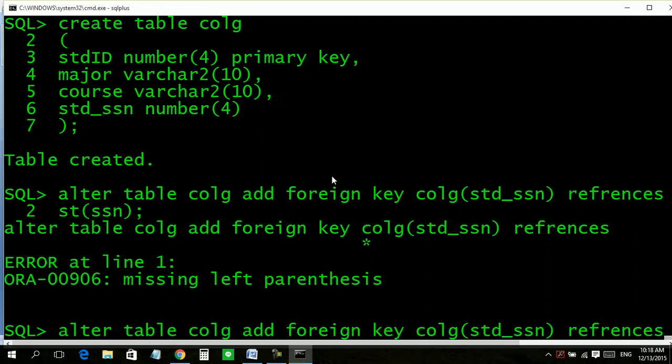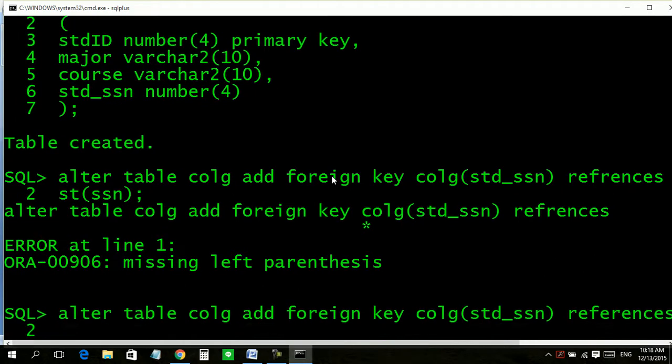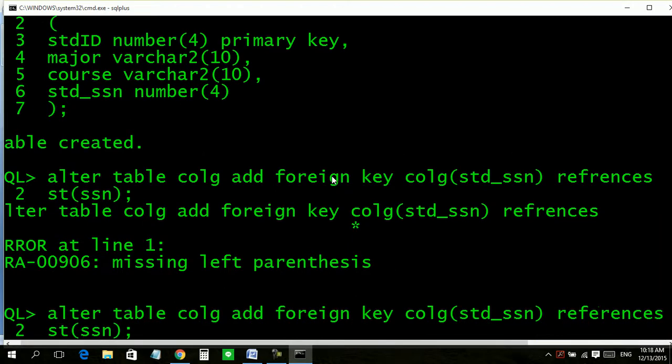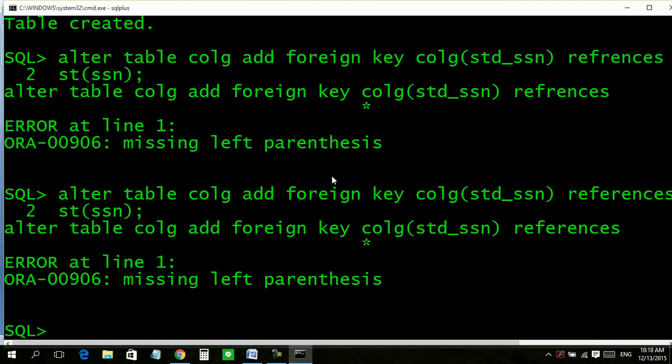Again alter table college, add foreign key, college std ssn references std ssn.